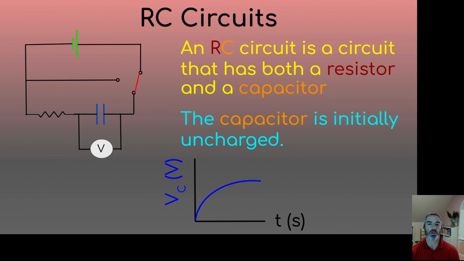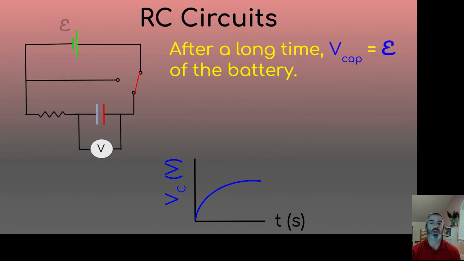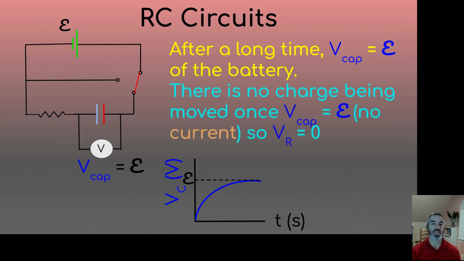So remember, charge per capacitance gives us the potential. So we're going to look at this curve, and after a long time, we know that when a capacitor is set up, the potential of the capacitor is equal to the EMF of the battery. So that voltmeter would be reading the EMF, and the maximum value on our graph would be the EMF of the battery. Once the potential of the capacitor is equal to the EMF of the battery, there's no charge being moved, which means there's no current. So the potential across the resistor is going to be reading 0. We could hook a voltmeter up and we'd read 0 across that resistor,